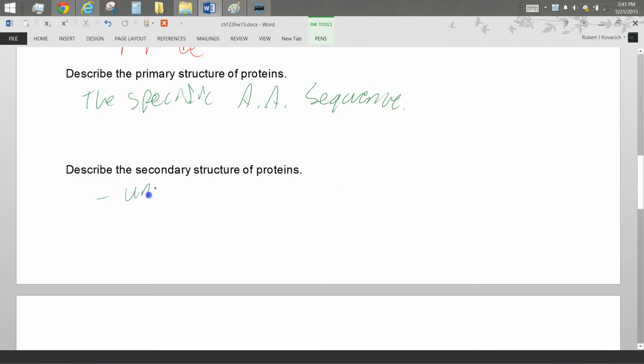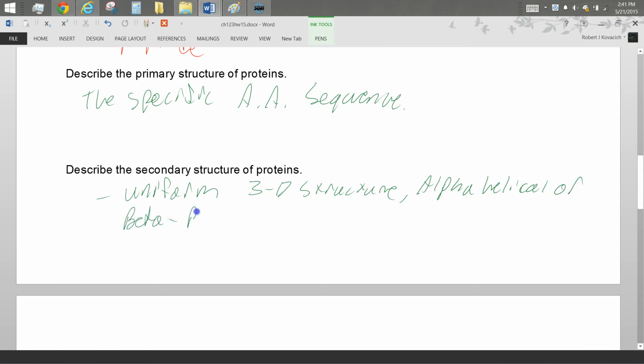It's a uniform 3D structure. And it'll be, and it's formed by